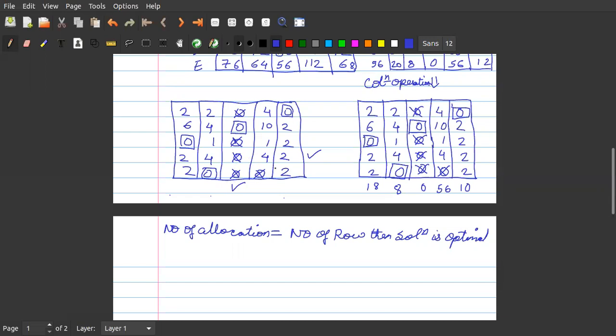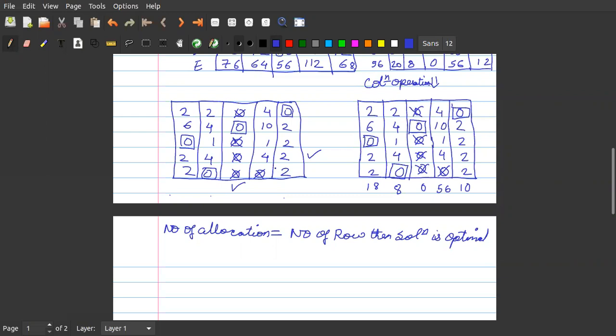Let me revise it once. First we have to select a row in which there is no allocation. In the first step of optimality, you have to find a row in which there are no allocations. We have selected row number 4.